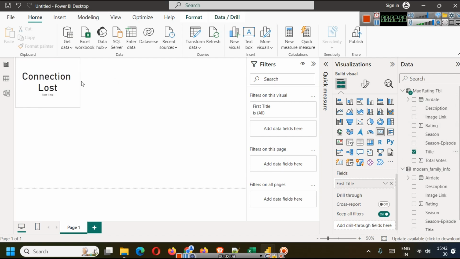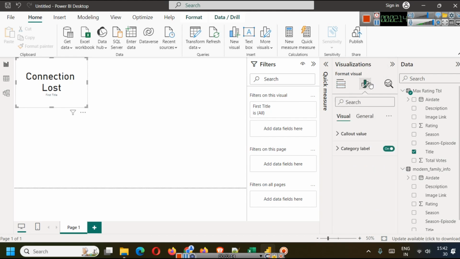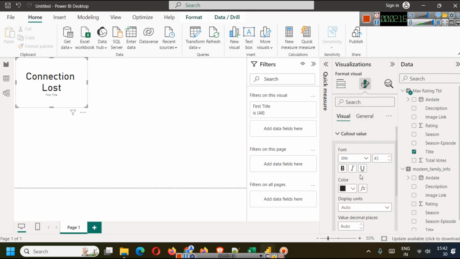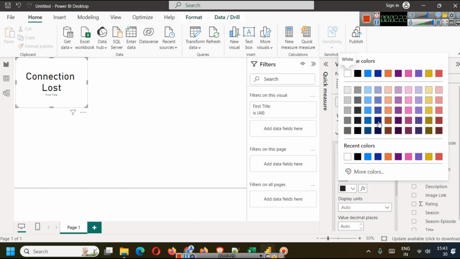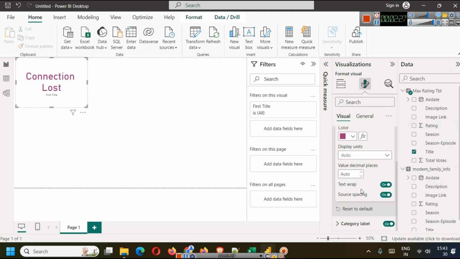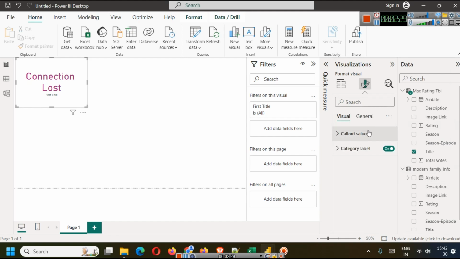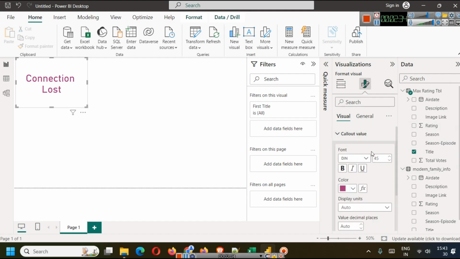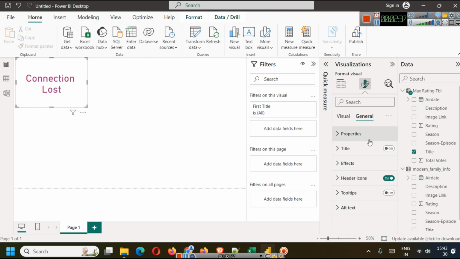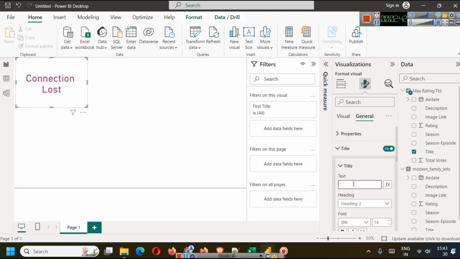So here is your title, and you can click here and go to its format visual option. Here you will have callout value, so you can optimize your callout value, colors and all. Whatever color scheme you want to use. And next, if you want to remove the callout label, you can remove it. You can again go to the general tab, turn on the title and call it highest rated